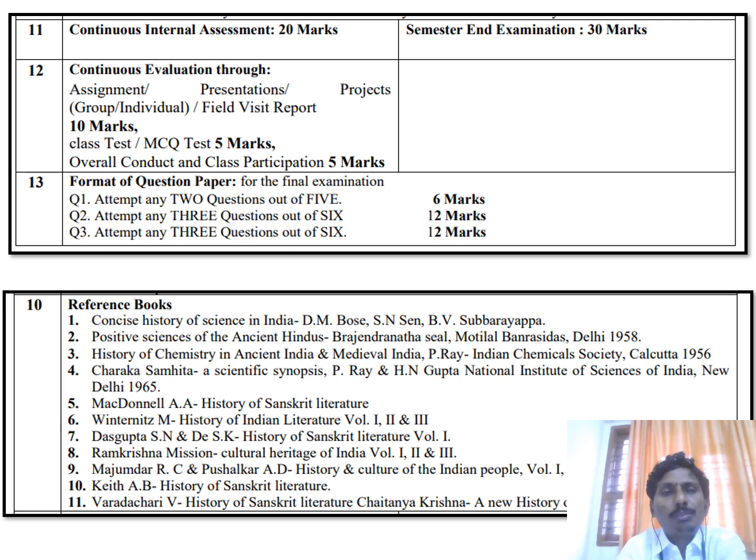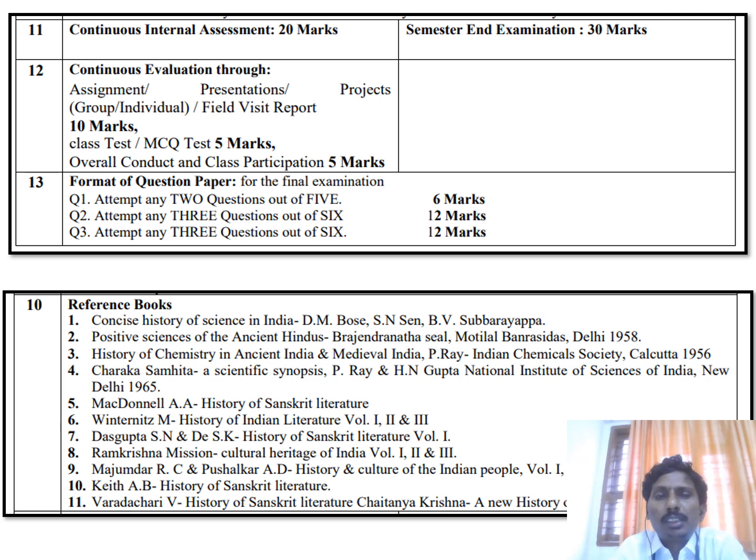The internal pattern is that after collection of the submission of an assignment, presentation, project, or field visit, any one of these things. Generally, we follow assignments, and the second part is the class test or MCQ test for 5 marks. Overall conduct and class participation, student behavior, is 5 marks. In total 20 marks, that is 40% assessment is internal. For 60%, that is 30 marks, the pattern of examination